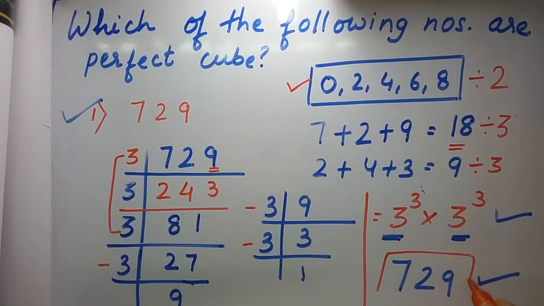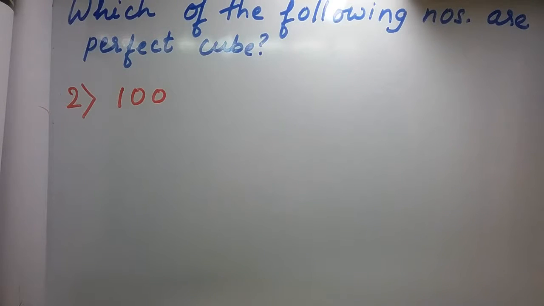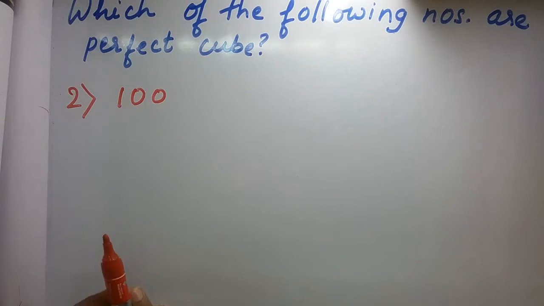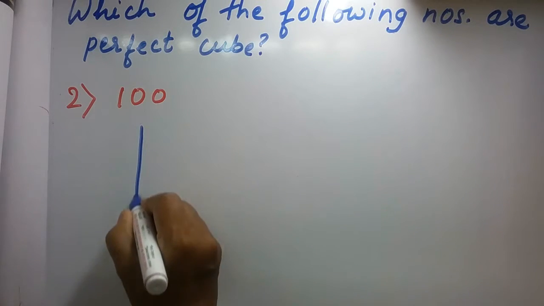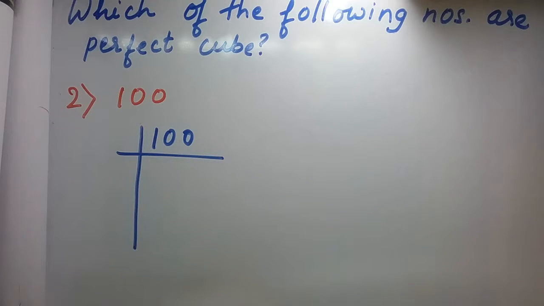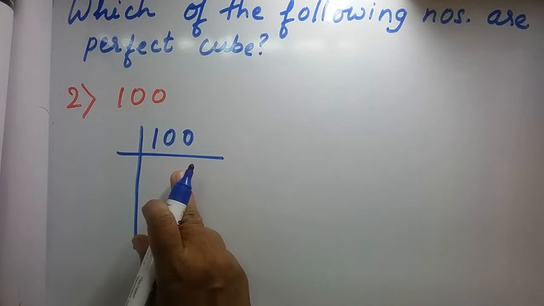Let's do the next question. It's one example I have done, we'll do the next example. See the second question, we have to find out whether it is a perfect cube or not. As I told you for the first question, when you are solving these questions, your first work is to check the divisibility test, that is, whether this number is divisible by 2 or not.